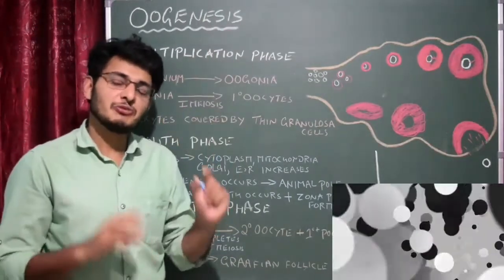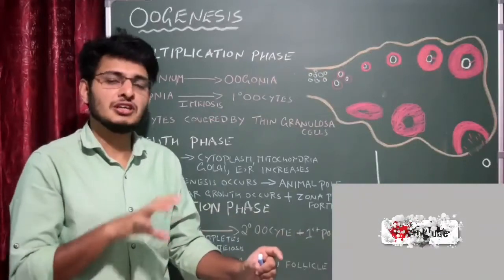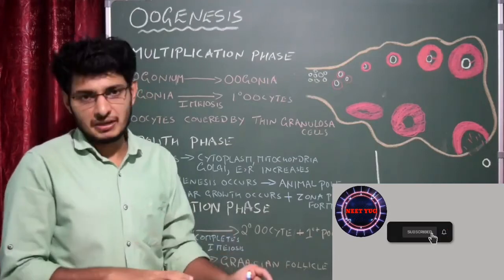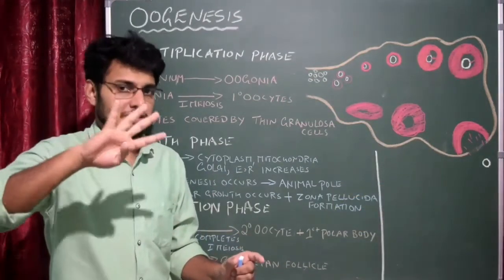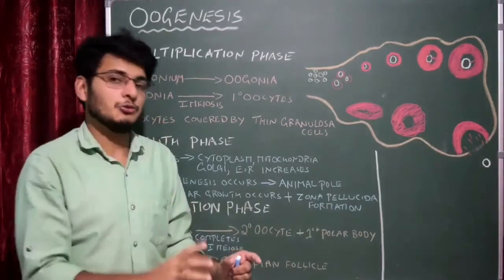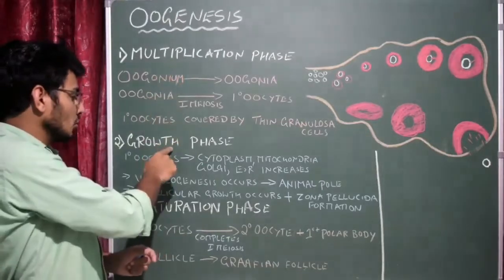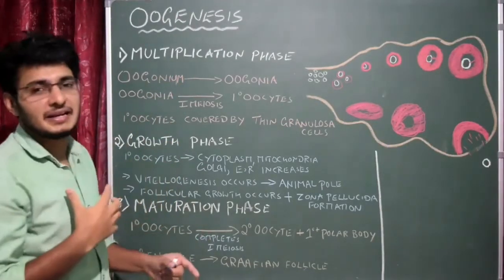In the previous session, we discussed spermatogenesis and also the structure of the sperm. Unlike spermatogenesis, oogenesis is a bit complex. In spermatogenesis, we have studied the 4 phases, correct? Whereas in oogenesis, you could see 3 phases: the multiplication phase, growth phase and maturation phase. Looks simple, but it's complicated.